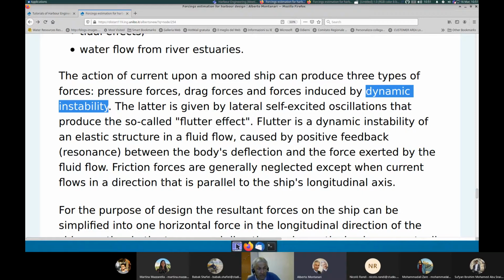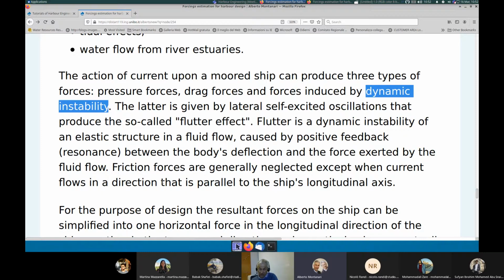And let's say that the friction forces are usually neglected, except when the current is flowing along the longitudinal axis of the ship. In this case, you have a reduced pressure because, for instance, the current may hit the ship on the bow,